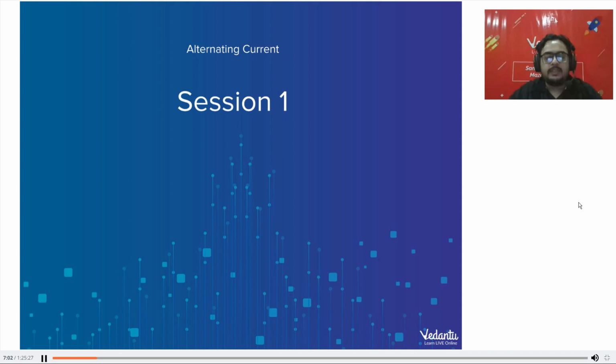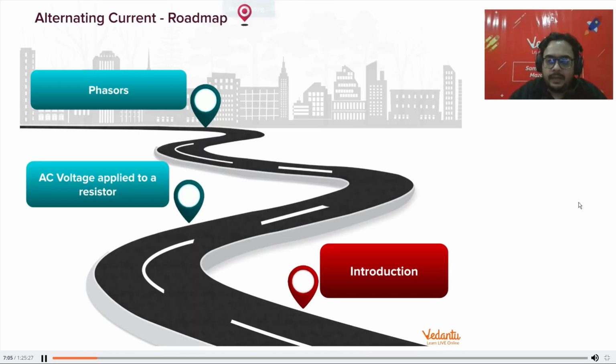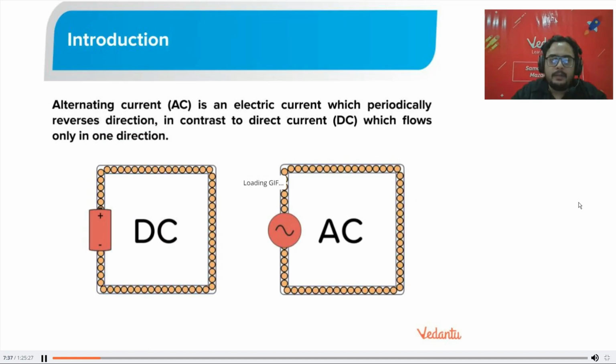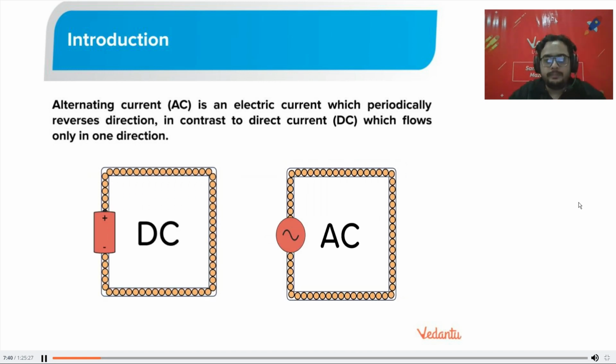Chalo. So this is obviously the first session of alternating current. Let us see the roadmap. We will have a quick introduction of alternating current. What is alternating current? Which current do we call alternating current? We'll compare it with direct current also, DC current. Then we will see what will happen if you apply an alternating voltage across a resistor of resistance R. And then we will study a very important thing that is most important for this chapter, which is called phasors. So please focus when I'm telling you about phasors. Chalo. Let us begin with the quick introduction.